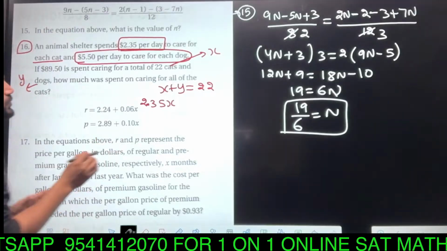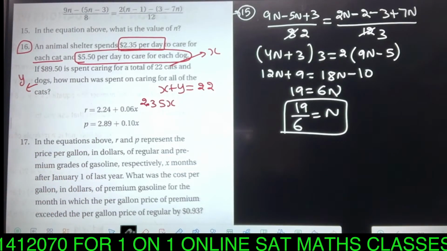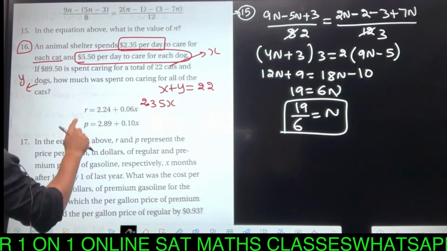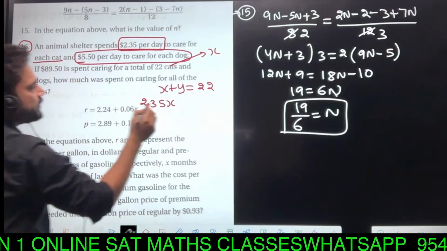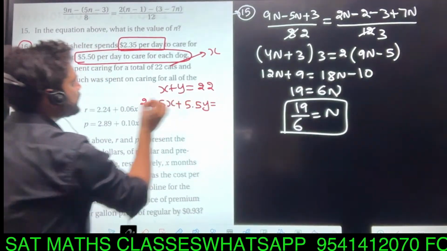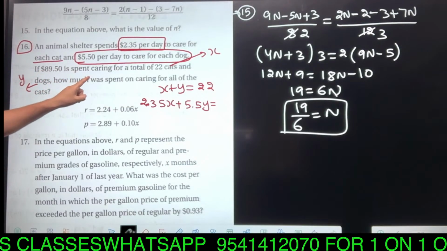This is the total amount spent on all the cats for one day, and this number 5.50, we have to multiply by the number of dogs. The number of dogs is y, so we will multiply 5.5 with y. So this is the total spending, and they are saying that if 89.50 is spent caring for a total of